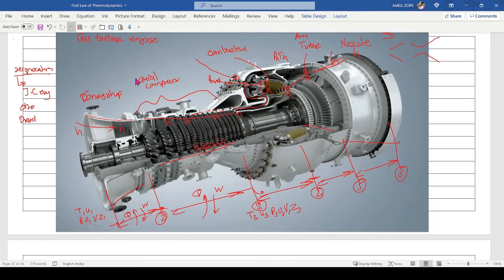We can quantify the energies, and once you quantify the energies, this energy quantity will tell you how much force will be generated. This force